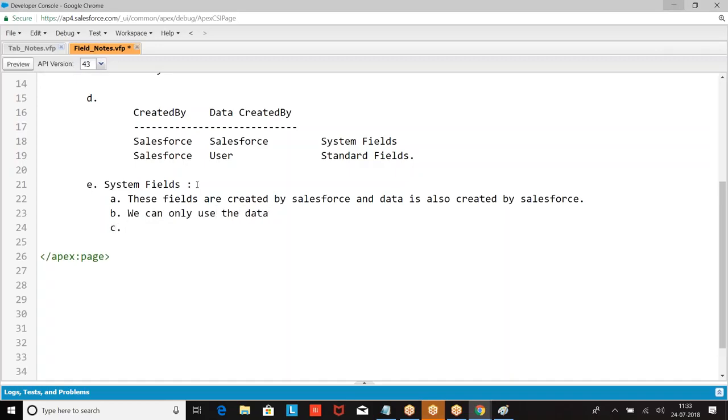How many types of system fields are there? ID, is deleted, created date, last modified date, created by ID, and last modified by ID.